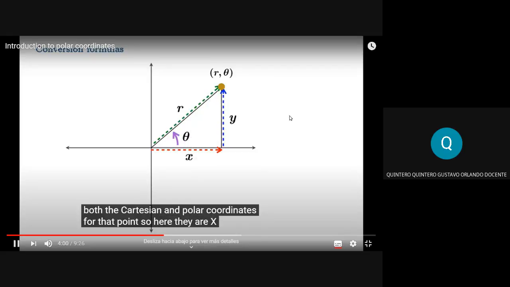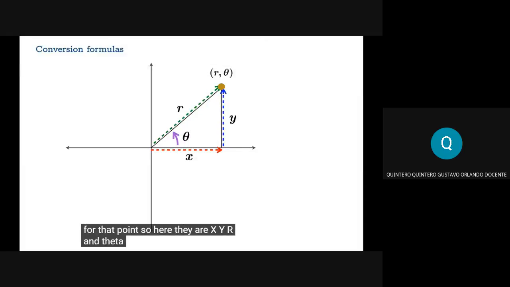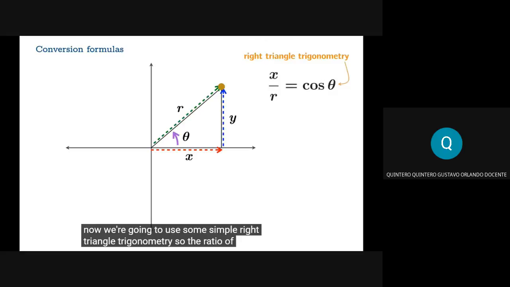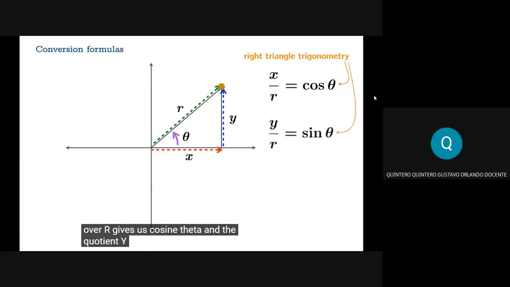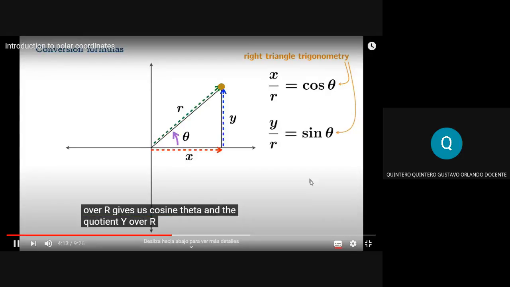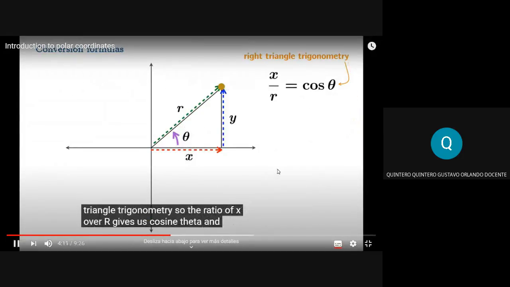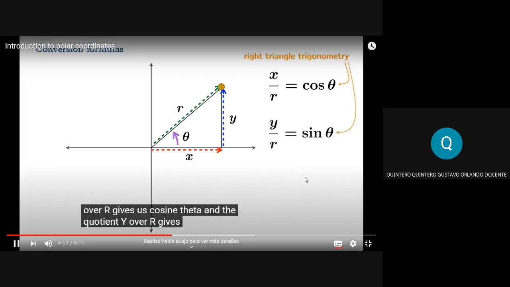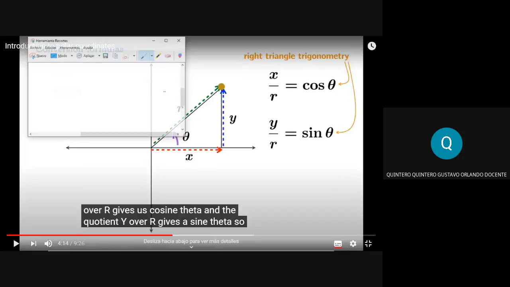So here they are: x, y, r, and theta. And we're going to use some simple right triangle trigonometry. The ratio x over r gives us cosine theta, and the quotient y over r gives us sine theta. There, all right. Let's stop right there. You guys remember this, right? This is the simple use of SOHCAHTOA, something you saw, I don't remember when, maybe when you were in